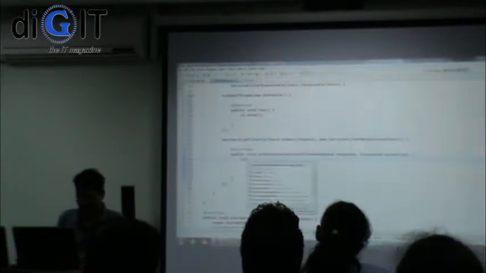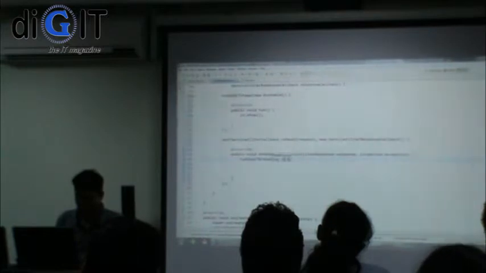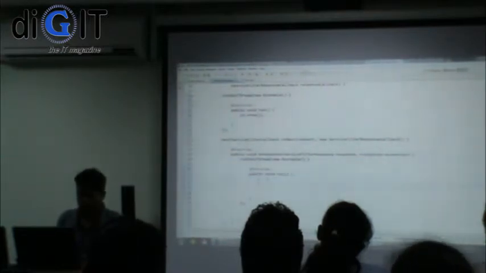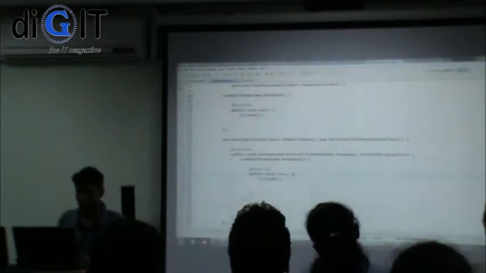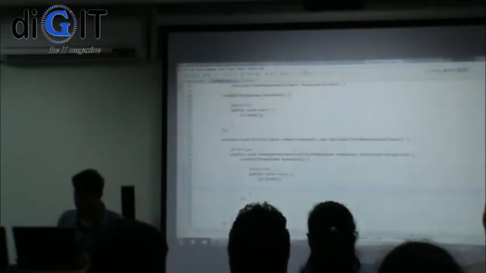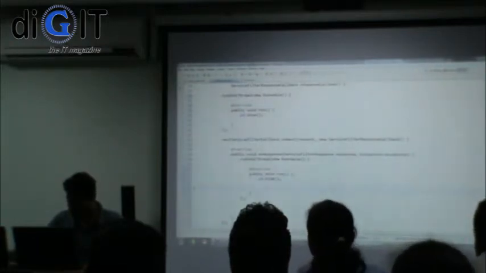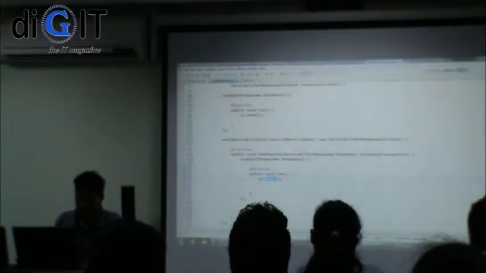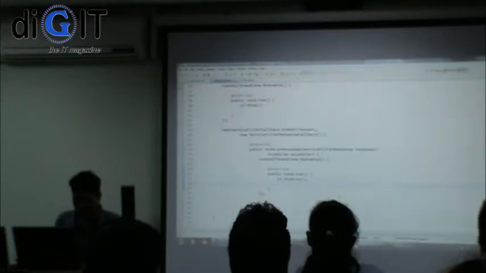So I'm going to say run on UI thread, new runnable. And this time I'm going to say pd dot hide. I actually should probably want to destroy it altogether, so I can say this is much better. And there's one requirement here.